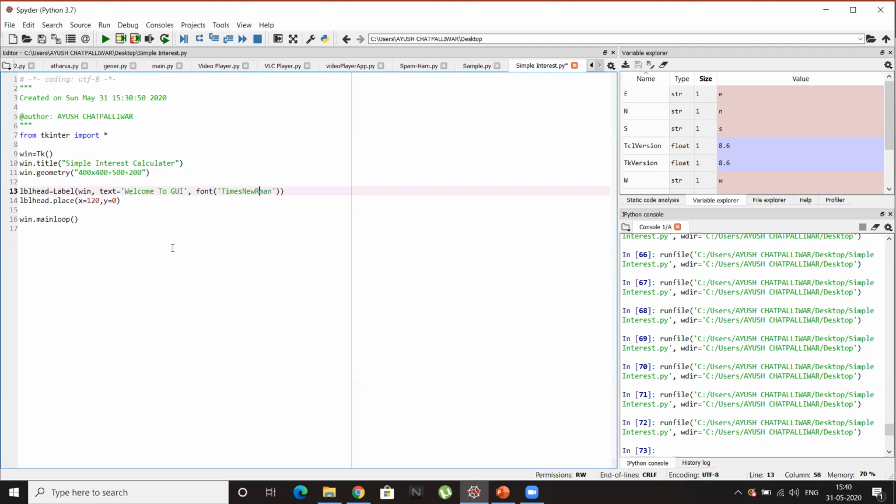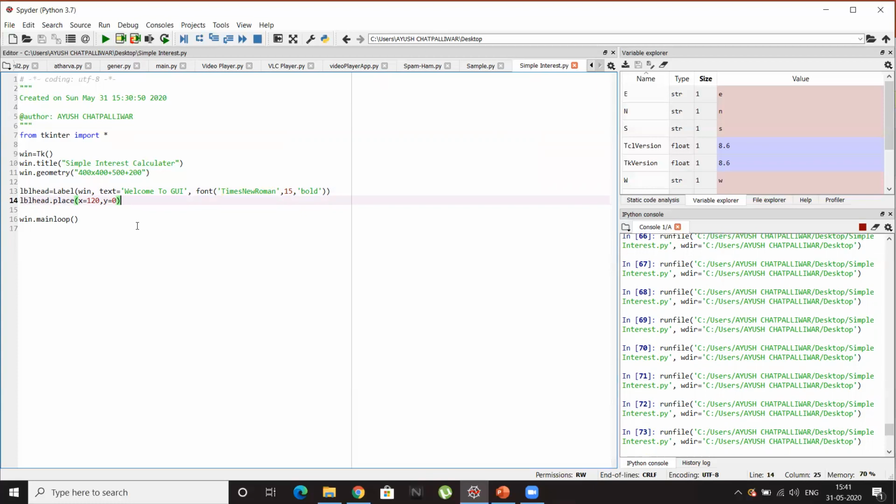And the font height I would like to give is, let's try, 15. And I would like to make it more bold. A comma should be there between all the attributes. Bold in quotes. The font height is an integer, so don't give quotations for it, but make sure you give quotations for Times New Roman, the font style, and the bold.